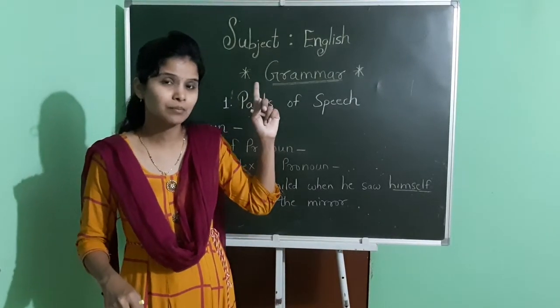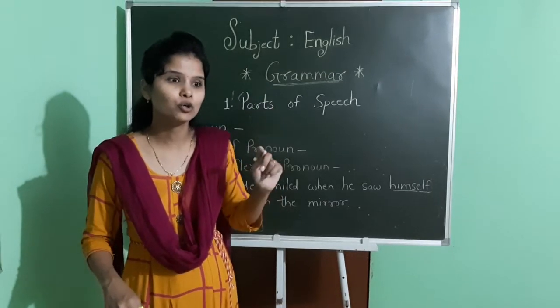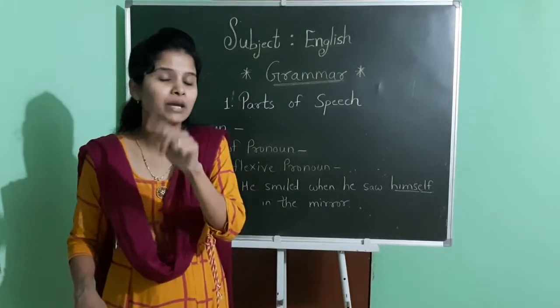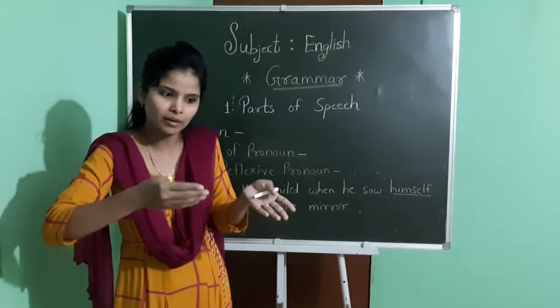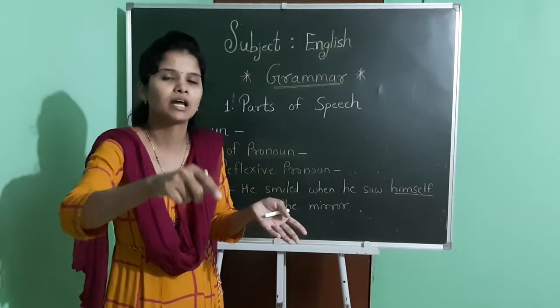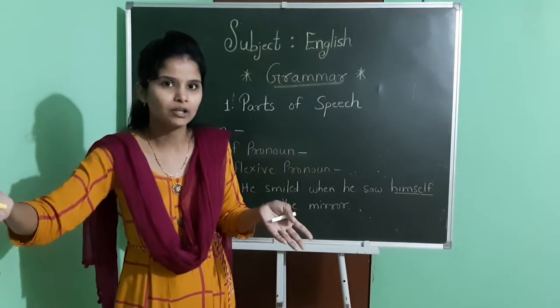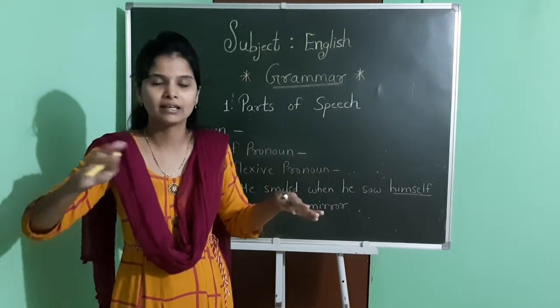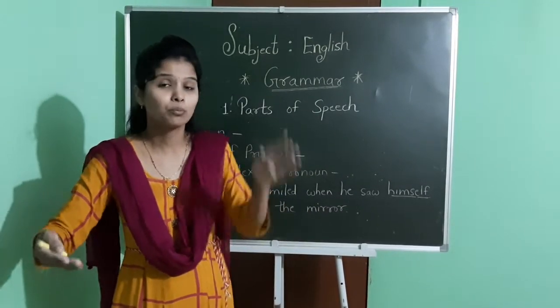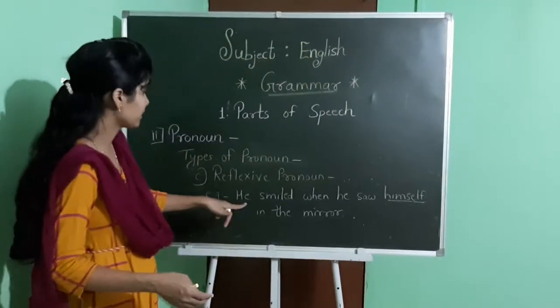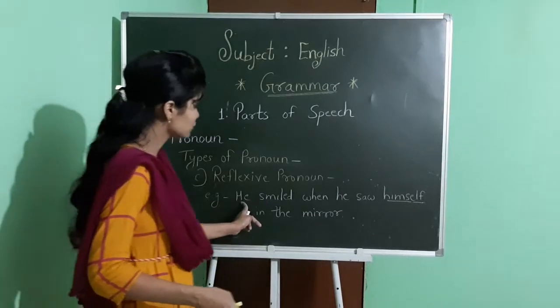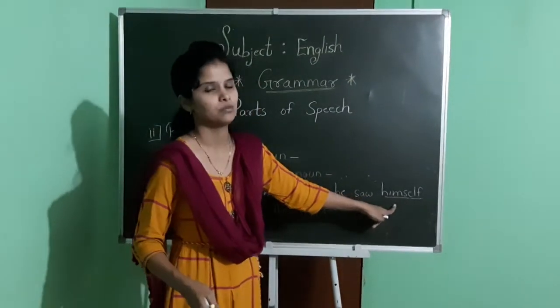Like in the last example, in that lecture I told you that the main noun is Mohit. Like, Mohit is a hardworking person. But if I am giving more information about Mohit, then I will use he. If I am talking about Neha, then I will use she. So the main subject, the main noun, is important here. Here the main subject is he, and by using he, I am using himself.